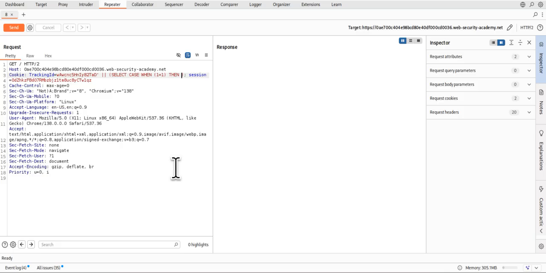It will use PostgreSQL a lot, so let's try our luck. Normally it is used a lot in Postgre. pg_sleep maybe 10, and then else pg_sleep 0, and